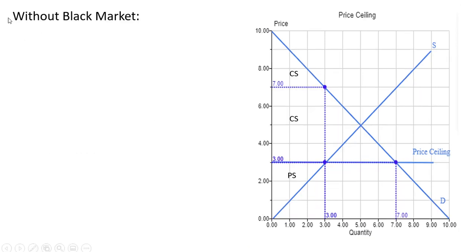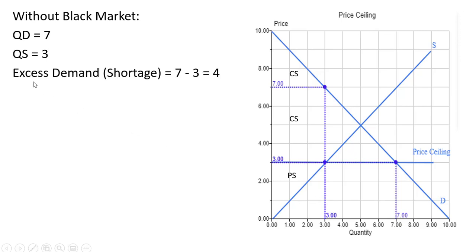So let's first look at welfare here in the market when there is no black market. The quantity demanded is 7, the quantity supplied is 3. Excess demand is going to be 4 units, 7 minus 3. So let's start calculating producer surplus. Producer surplus is just going to be the difference between the market price and the supply curve up to that last unit sold, which is 3. So it's going to be this triangle,